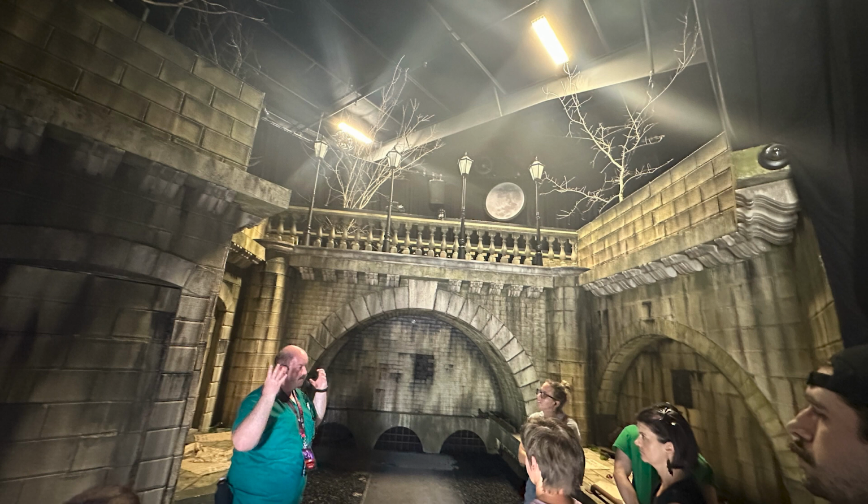So you see that amazing moon in the back that we were told looks like it was left there after Legends Collide. It wasn't even moved. It almost looks like it's in the exact same spot, so I thought that was funny. But on the bridge, you see a policeman during the actual event who is getting messed with by the Invisible Man. You can't see anybody, of course, because he's invisible, but you hear the Invisible Man messing with him